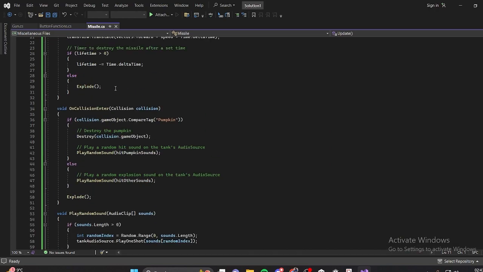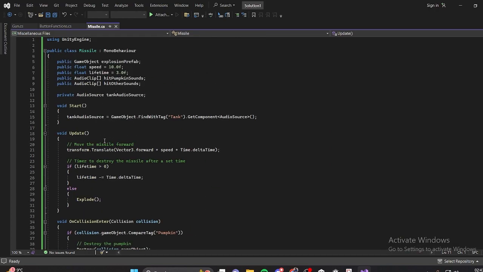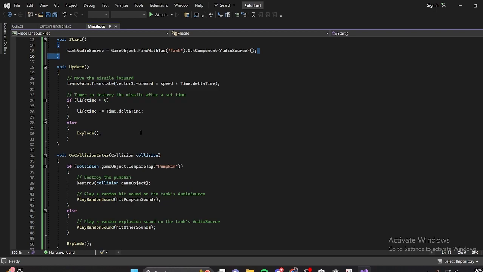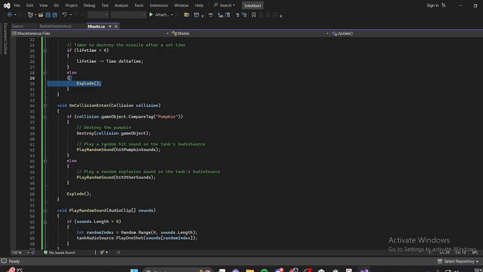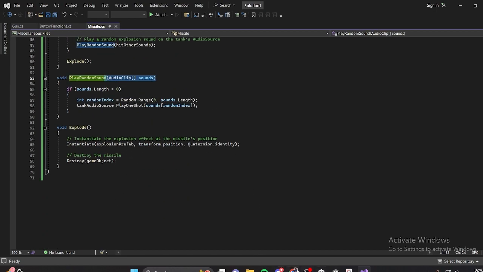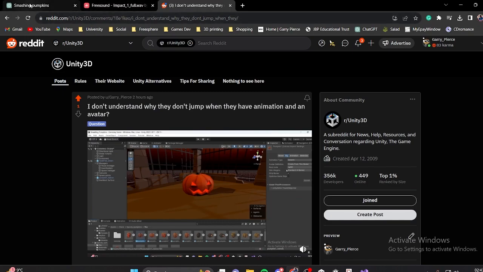And if we look at the code for it, we're looking at different speed, lifetime, the audio clip arrays, the audio source itself. Also, again, the source, the explode thing. And I got all this off ChatGPT, which if I show you quickly,